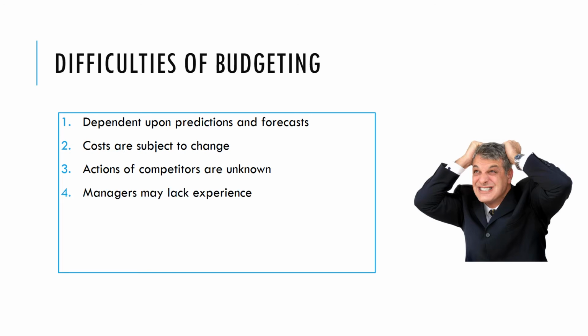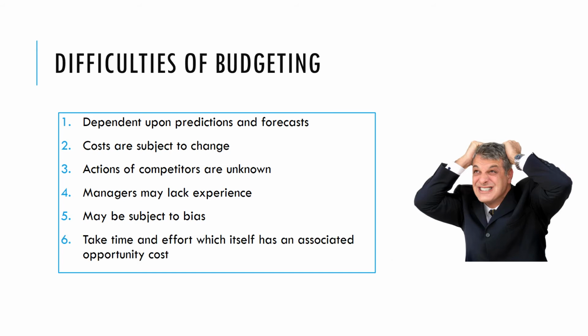Now, budgeting, particularly zero-based budgeting, relies on managers to be able to put together budgets themselves, know their business, know what they're doing, and put it together. Now, if they lack experience further down the hierarchy, their budgets may not be very accurate. Also, there may be bias. There might be a temptation for workers to maybe set a slightly lower income budget that they think they can achieve and that will look good, maybe a slightly higher expenditure budget, so they've got a little bit more leeway on how much they spend, and so it might be slightly biased and not in the best interest of the business.